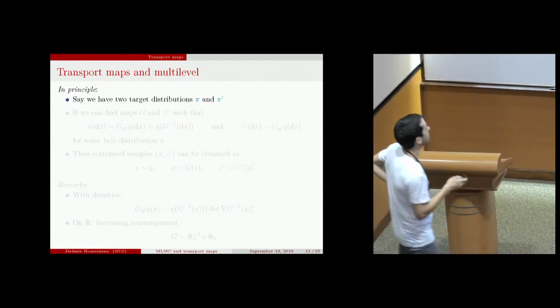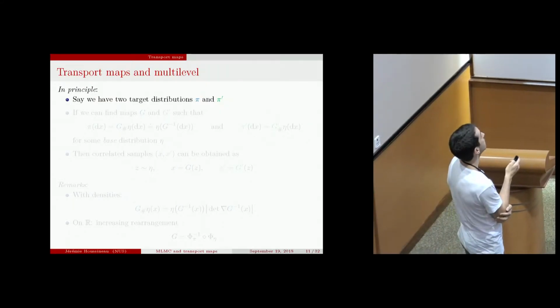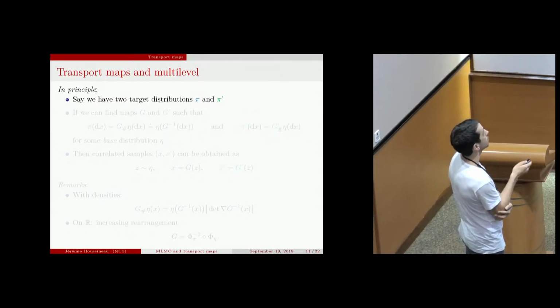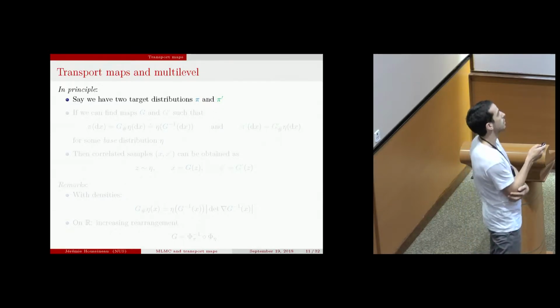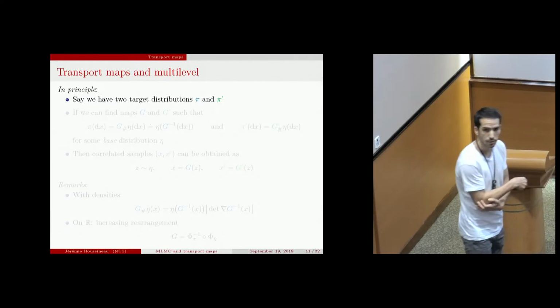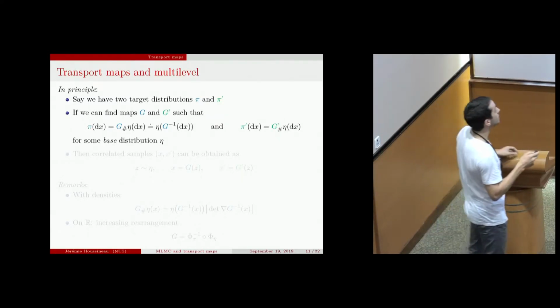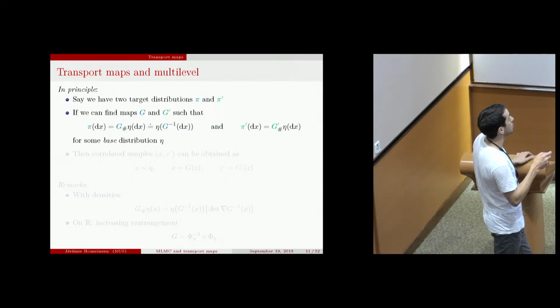So we do something that is very similar, but there are some differences. Now we have two target distributions. I could have called them coarse and fine, but in general, I just say pi and pi prime. And so now we want to find maps, the transport maps G and G prime, corresponding to pi and pi prime. And in particular, we want